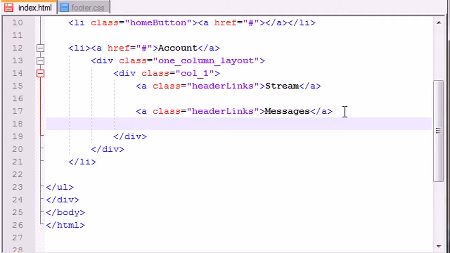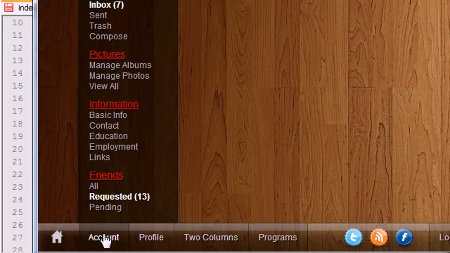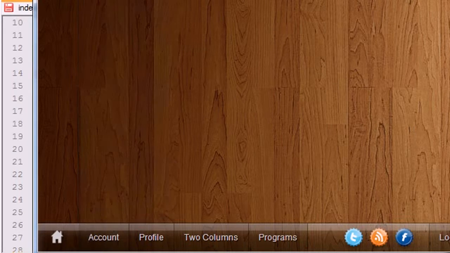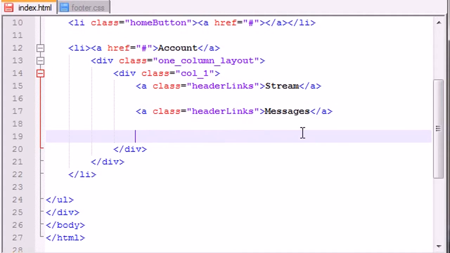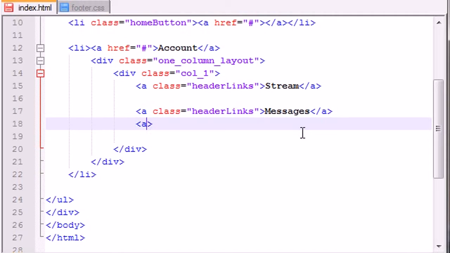So now what I want to do is I want to start adding these links. So what links are there? Inbox, sent, trash, and compose. Now obviously, if you guys can't see, these links are styled a little bit differently than these main header links. And actually what I want to do, just copy this. Now the class of these is actually list links. So the first one is inbox,